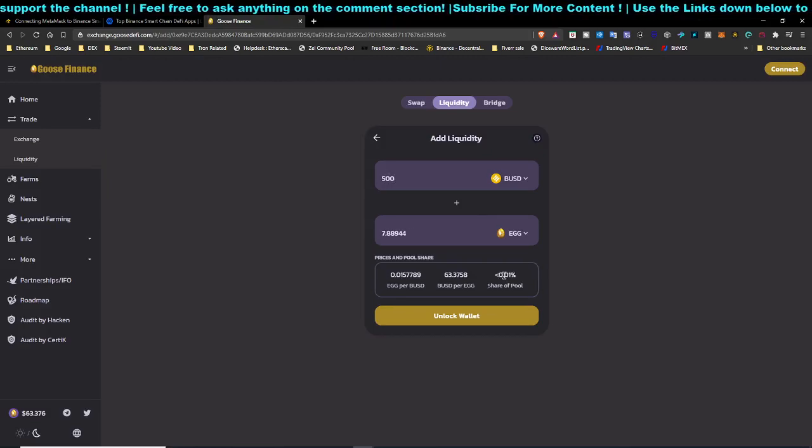So let's say you put 500, it is less than 1%. So for the fees that are being accumulated, you will get less than 0.01%. If you put like 5,000, you will own this amount of the pool. Eventually, the more money you put in, of course, let's say if you are filthy rich, if you put